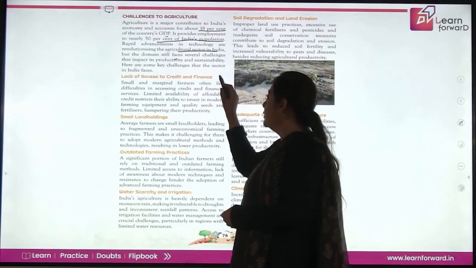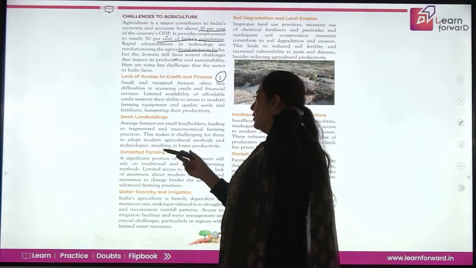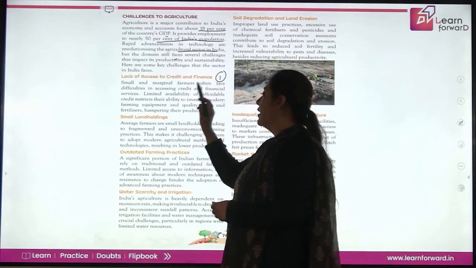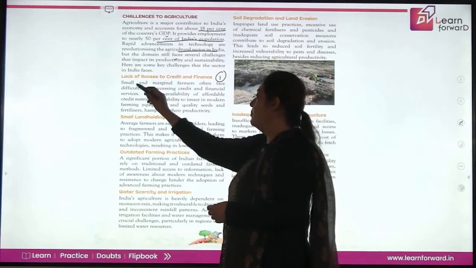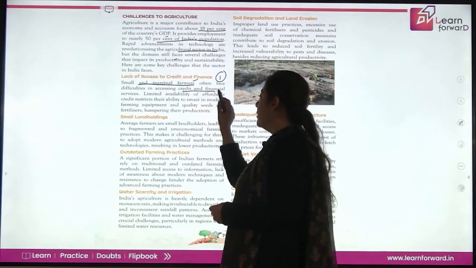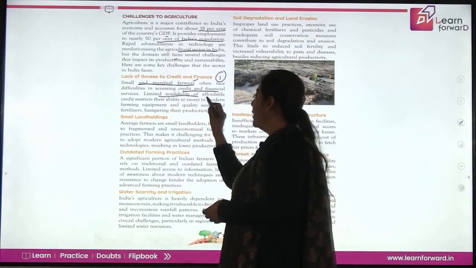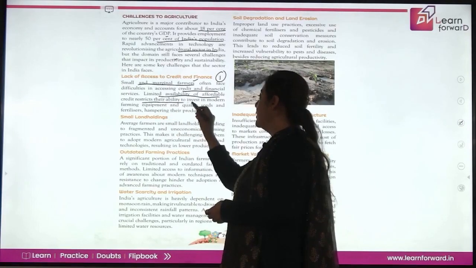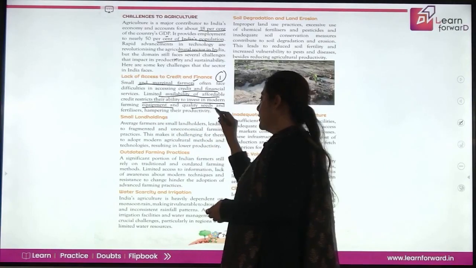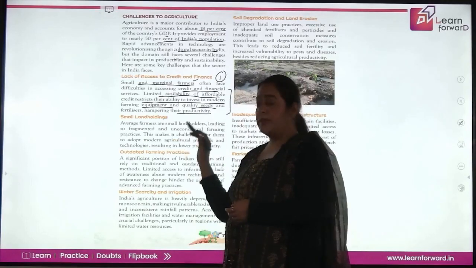क्या की challenges? पहला challenge है lack of access to credit and finance, कि access ही नहीं मिलता। Small and marginal farmers often face difficulties in accessing credit and financial services. जो small और marginal farmers होते हैं ना, उनको दिक्कत क्या आती है? उनको दिक्कत आती है कि पैसा नहीं मिल रहा या फाइनेंशियल सर्विसेज नहीं मिल पा रही है। ये जो लिमिटेड अवेलेबिलिटी है अफोर्डेबल क्रेडिट का, इसकी वजह से ये ज़्यादा इन्वेस्ट नहीं कर पाते हैं मॉडर्न फार्मिंग इक्विपमेंट की वजह से और क्वालिटी सीड खरीदने के लिए, जिसके वजह से इनकी जो प्रोडक्टिविटी है वो बहुत हैम्पर होती है।